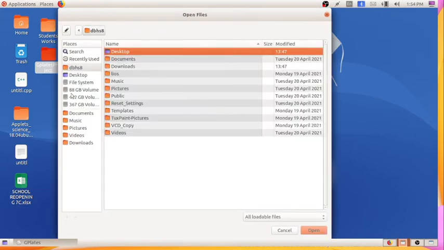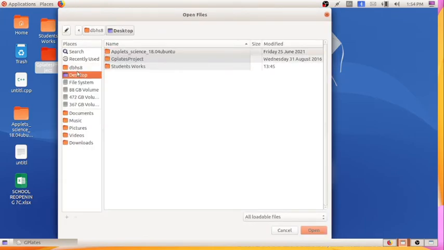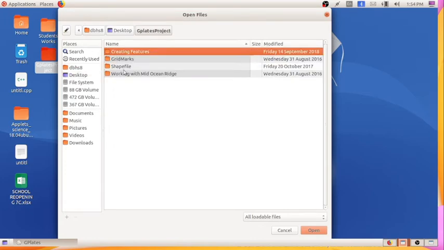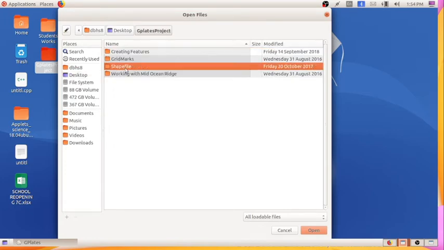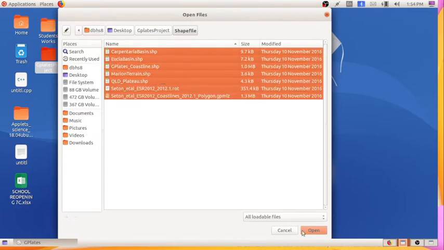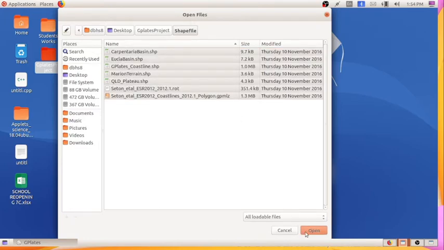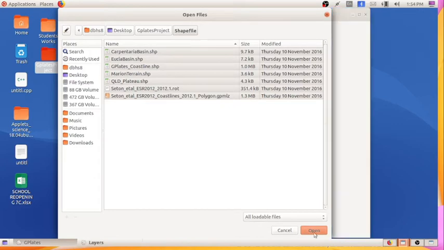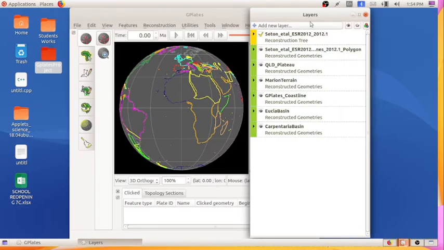On the desktop I have placed the Gplates project, and we have to take the shape file. When we select all the layers and click on open, you can see the layers appeared here.